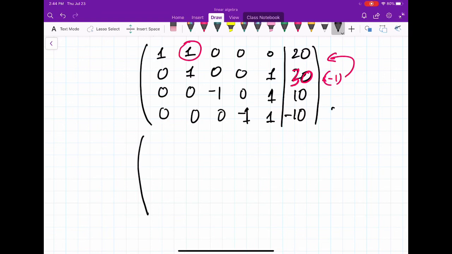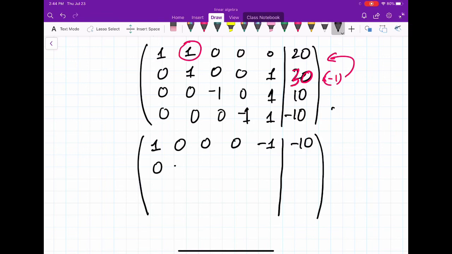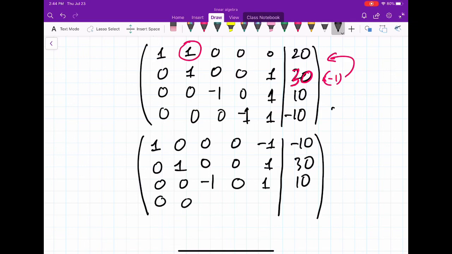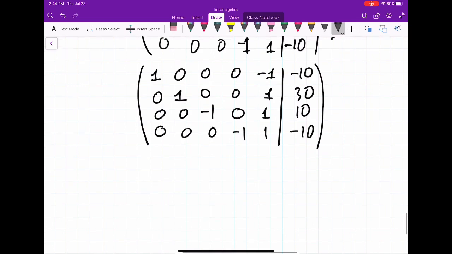I got 1 in here, 0, 0, 0, negative 1. Okay, so I will not forget this. I get negative 10, and then 0, 1, 0, 0, 1, 30, 0, 0, negative 1, 0, 1, 10, 0, 0, 0, negative 1, 1 and negative 10. Oh my goodness, we already have the reduced row echelon form. Okay, now